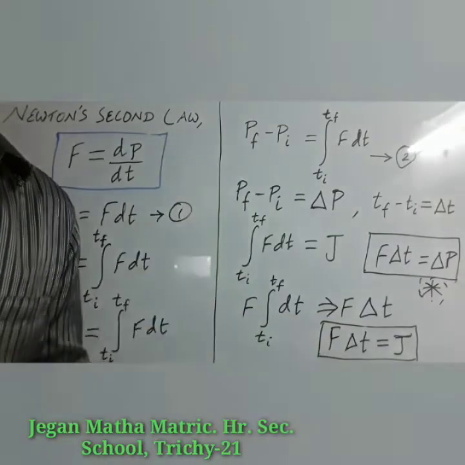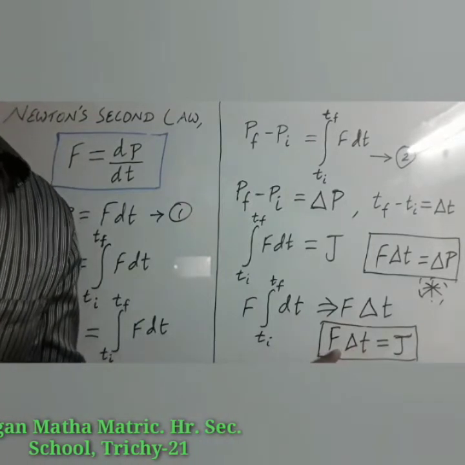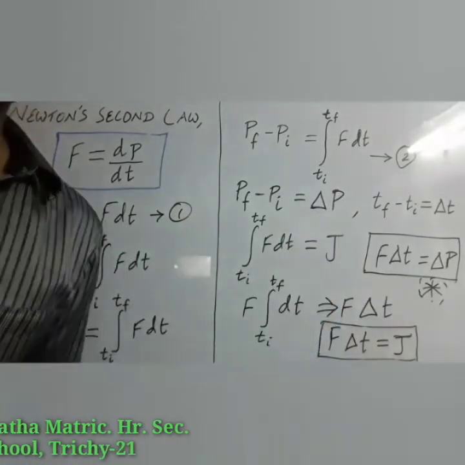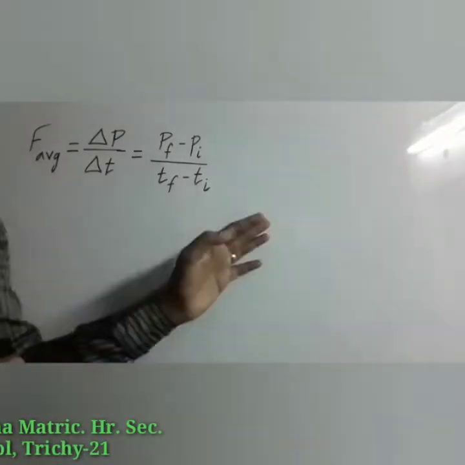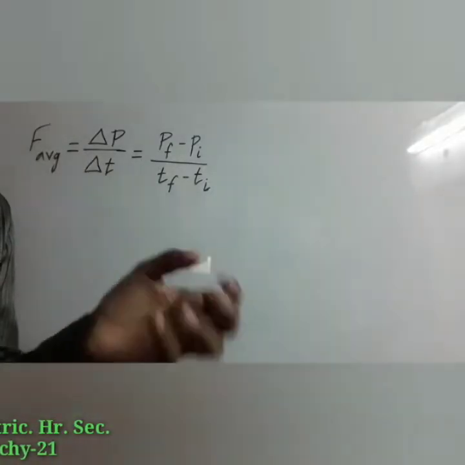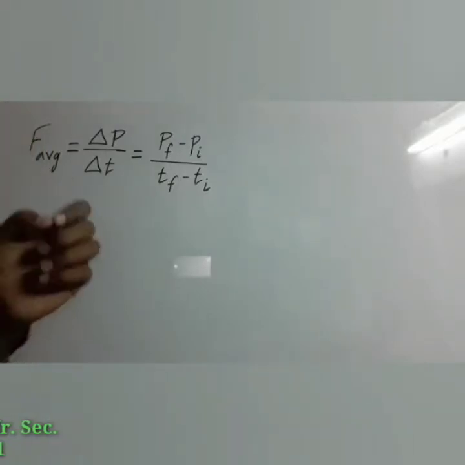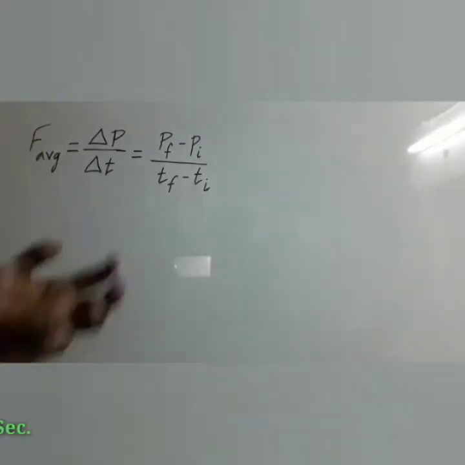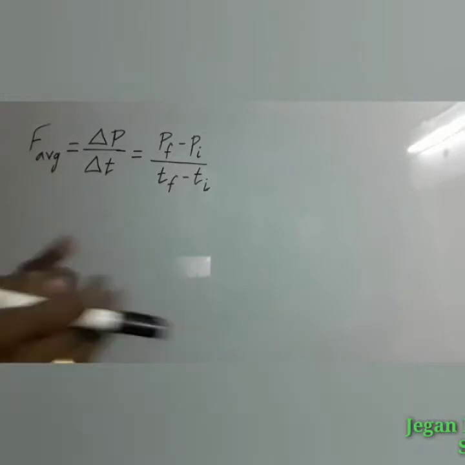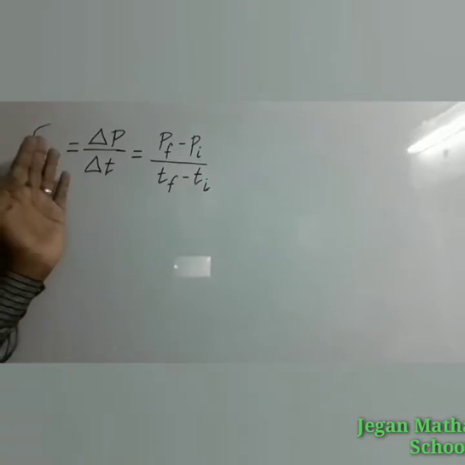So what is the expression for impulse? J is equal to force into time interval. For force, the unit is Newton. For time, the unit is second. So Newton second is the unit for impulse. So far we have discussed the constant force. Here is the expression for the average force. If the force is variable, we can take the average value. From that equation, the average force that acts on the object is greater if del t is smaller, because they are inversely proportional to each other. Whenever the momentum of the object changes very quickly, the average force becomes larger.